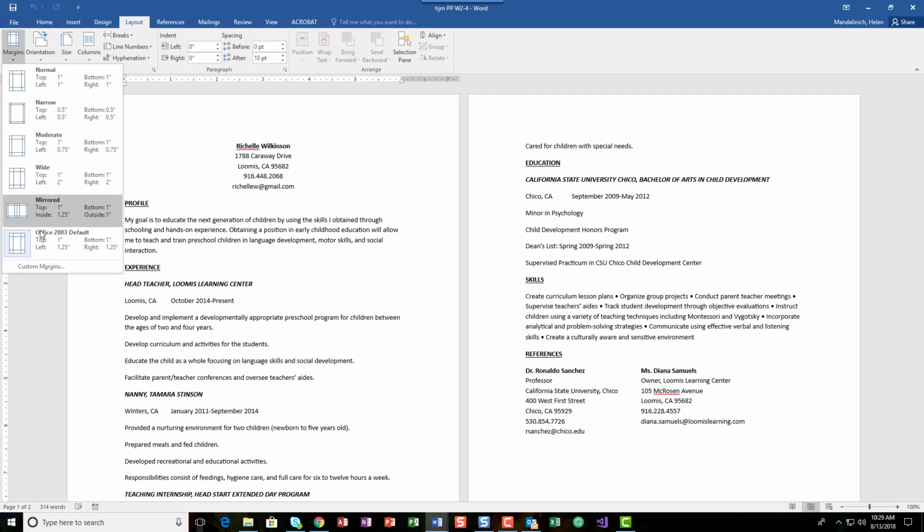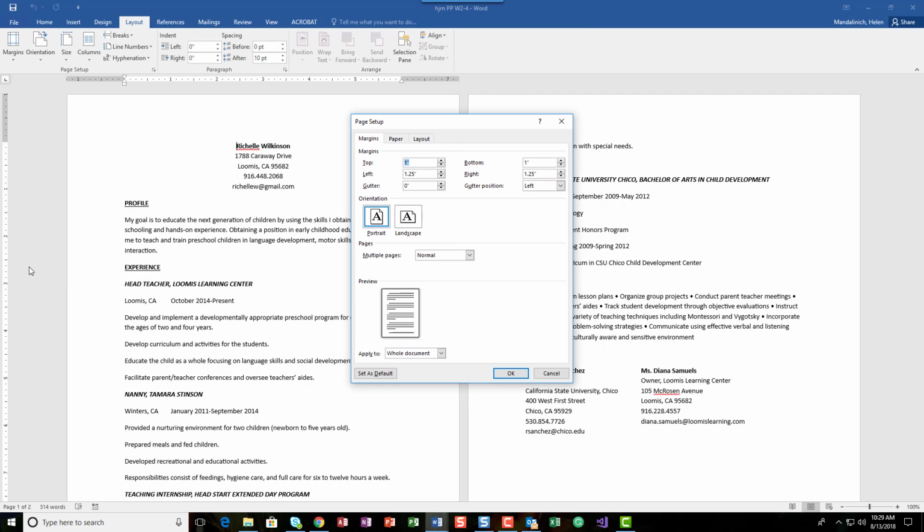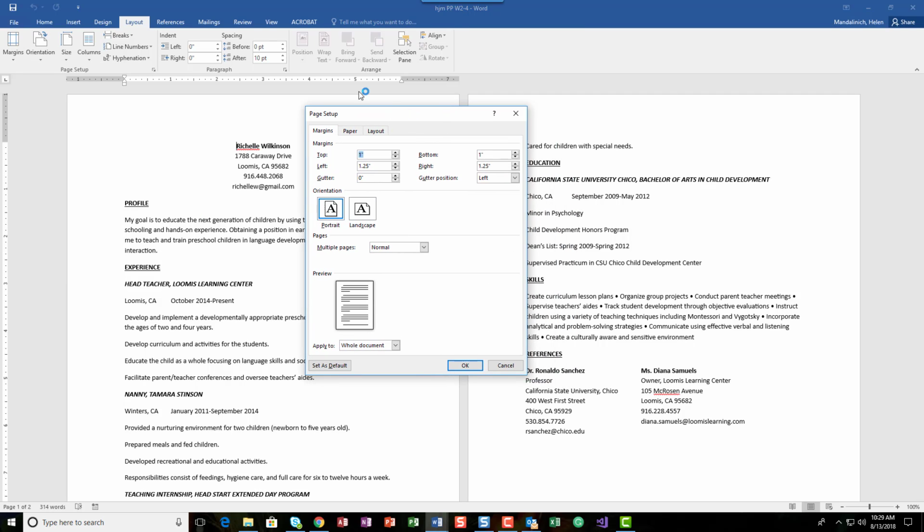We're going to go all the way to the bottom and pick custom margins, because I don't want any of these pre-made ones. Those are good, but for this particular circumstance, they're not going to work. So I'm going to pick my own margins. So it brings up the Page Setup dialog box, and in the top margin, I want to do 0.75,